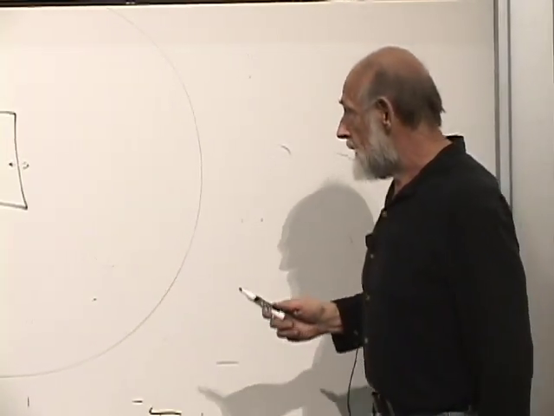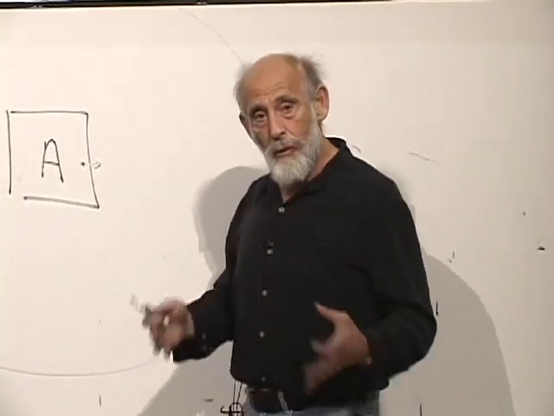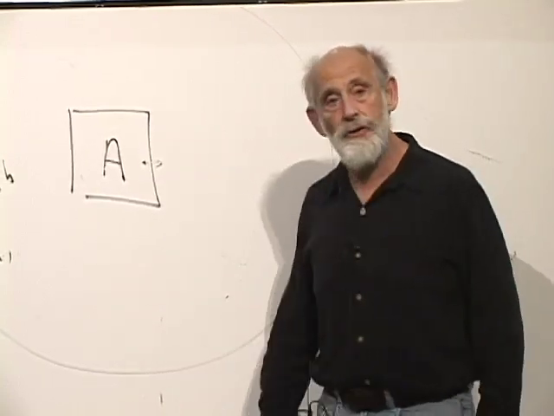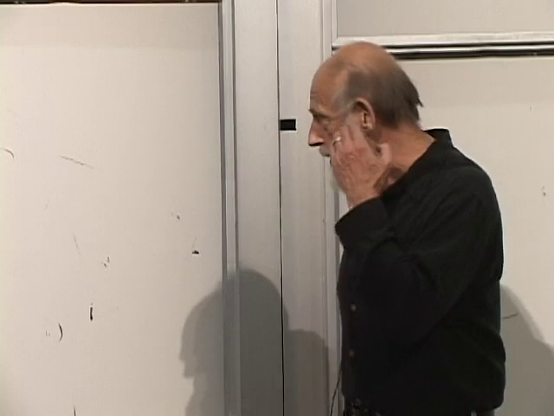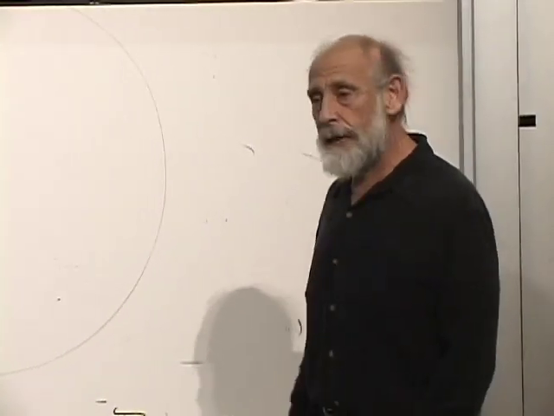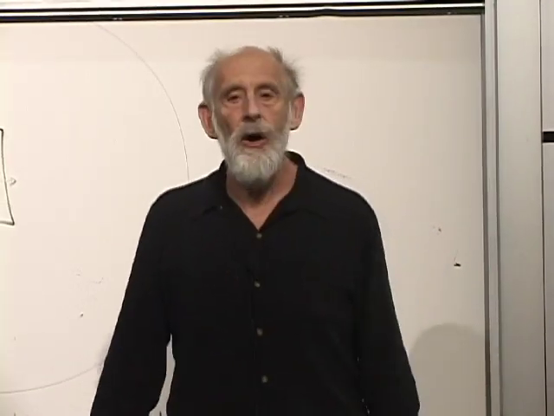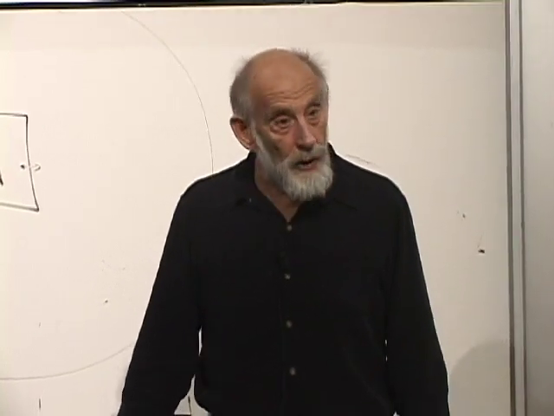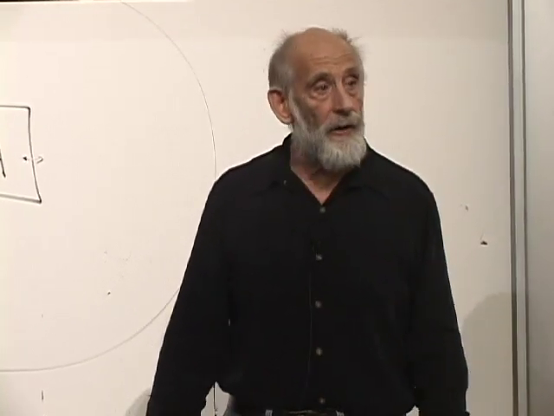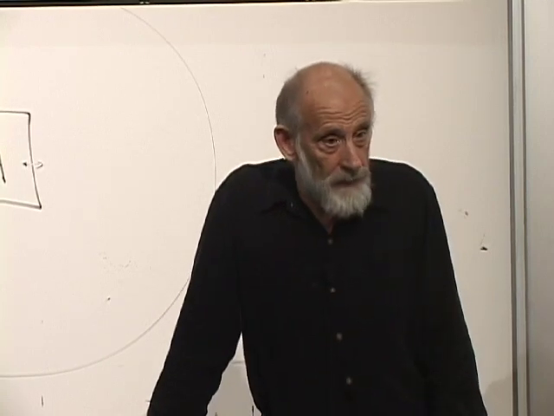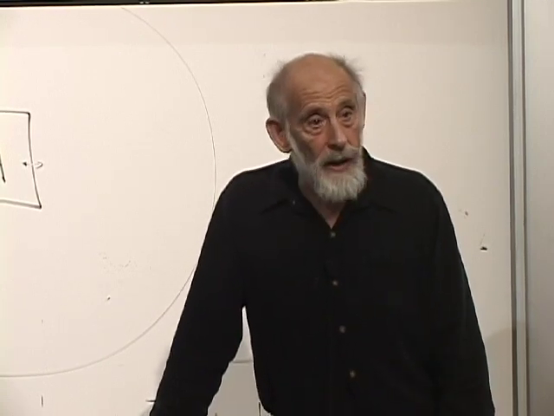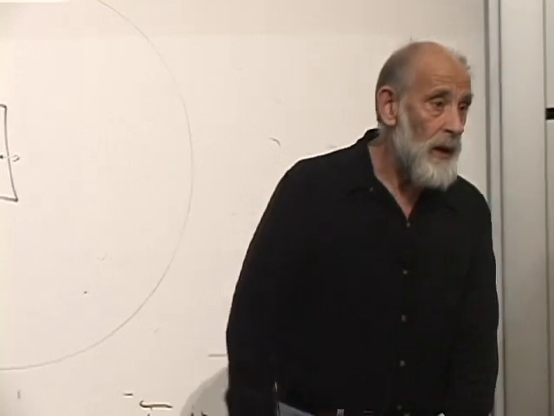And among other things, the different points will correspond to different ways of partitioning the given amount of energy into the energy of the heat bath and the energy of A. So under these circumstances, neither the energy of the heat bath, which we're not terribly interested in, nor the energy of A, which we are interested in, will have a definite predictable value. It will fluctuate. It will have a probability distribution.